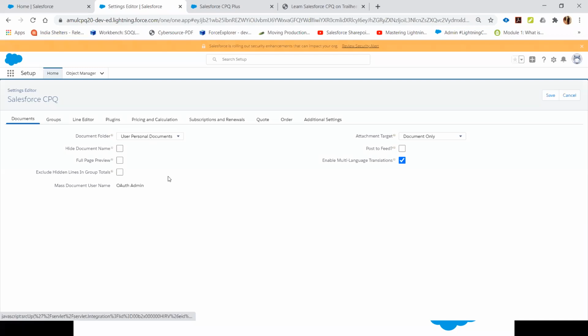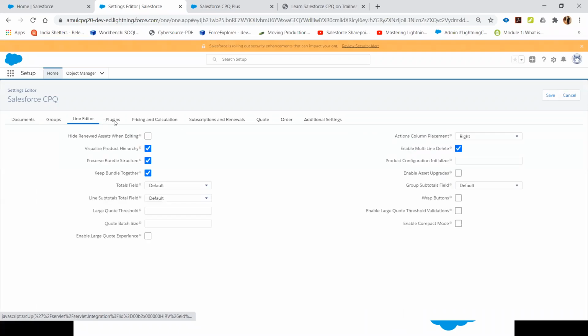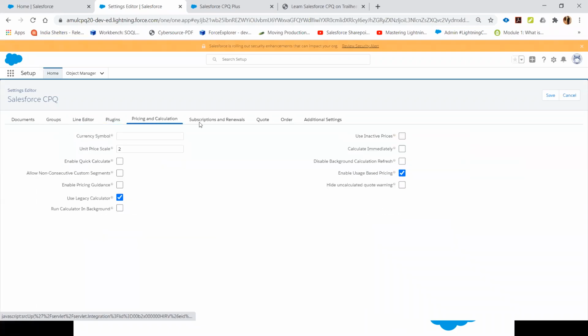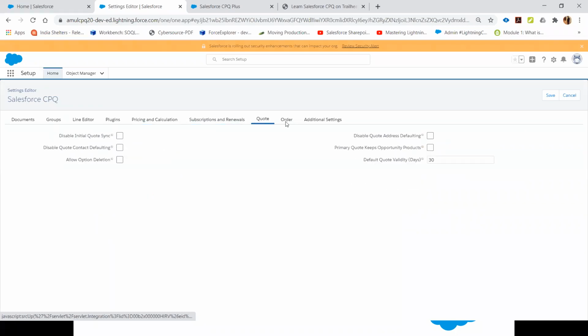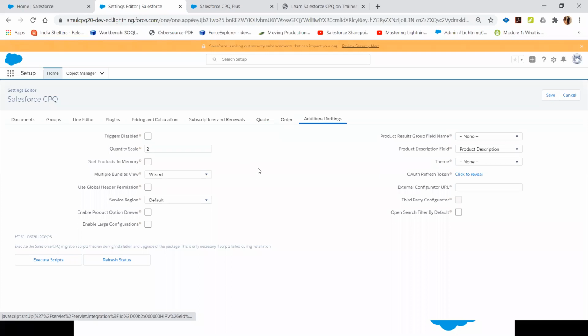In the configuration screen of Salesforce CPQ, there are different tabs for different purposes. I will dig into more detail on which tabs are required, why they are required, and how they are configured.